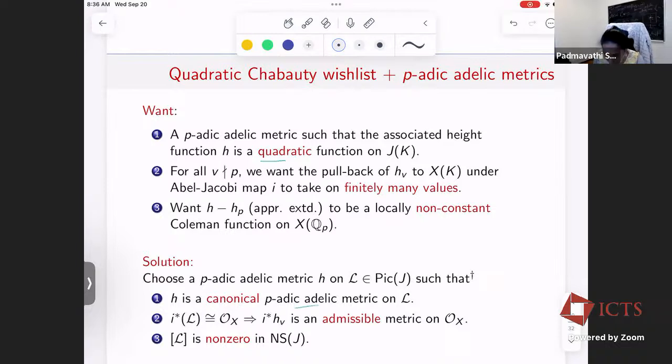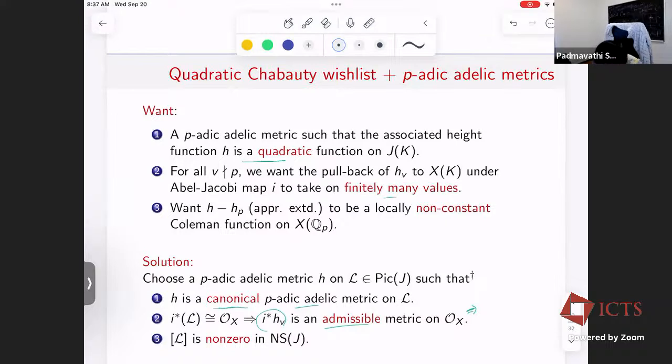So if you want the global height to be a quadratic function, you want to construct an adelic metric, which is the canonical adelic metric. So it has the nice kind of scaling property when you multiply a point by p. So the canonical p-adic adelic metric gives rise to a p-adic height, which is a quadratic function. If you want the heights away from p to take on finitely many values, if you choose a line bundle that restricts to the trivial bundle on the curve, the corresponding p-adic height turns out to be a particularly nice kind of metric. It's something called an admissible metric on the trivial bundle, and these metrics have the feature that